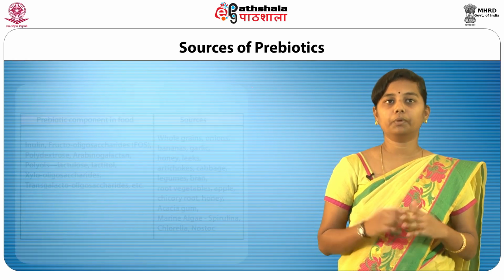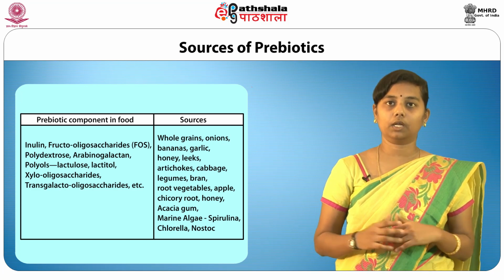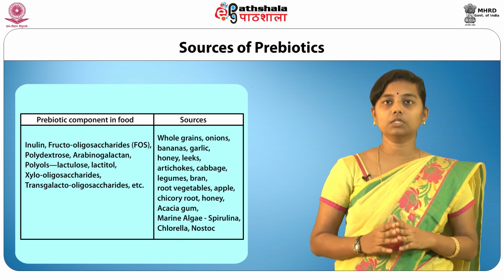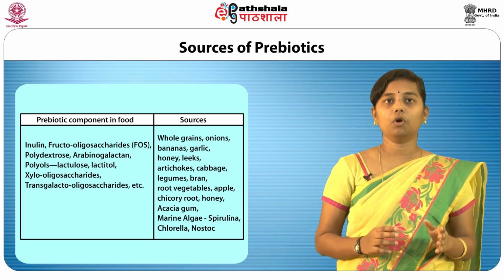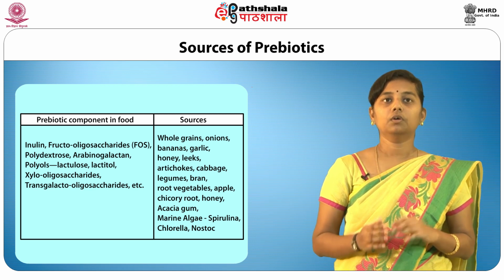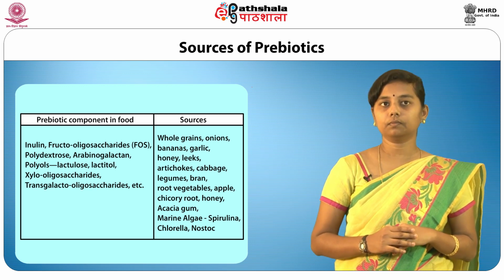Regarding the sources of prebiotics, carbohydrates are the well identified source of prebiotics. The prebiotic attributes are found in most of the oligosaccharides. They are carbohydrates similar to dietary fibers and are found in the form of fructans in vegetables as well as in the milk of mammals.